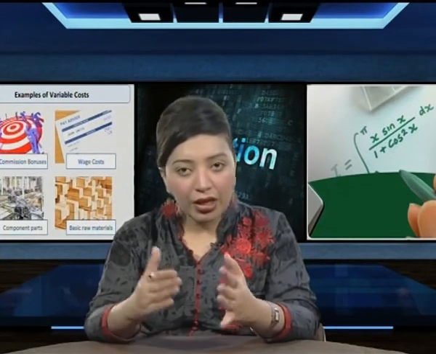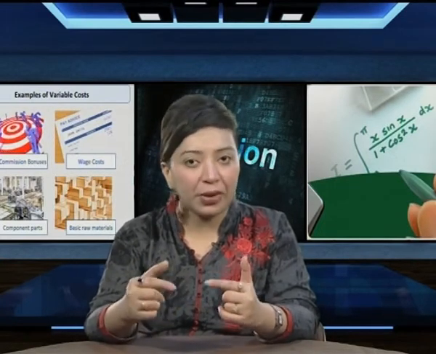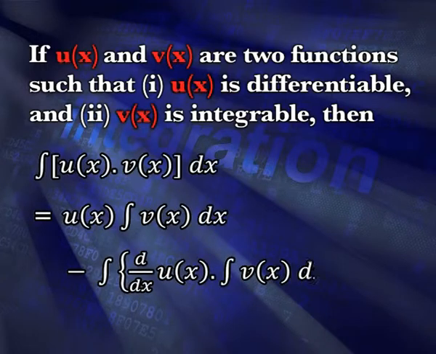In this section, we integrate a function that is found quite useful in integrating products of functions. This process of integration of the product of two functions is known as integration by parts. If u(x) and v(x) are two functions such that first u(x) is differentiable, second v(x) is integrable, then integration of u(x) times v(x) dx will be equal to u